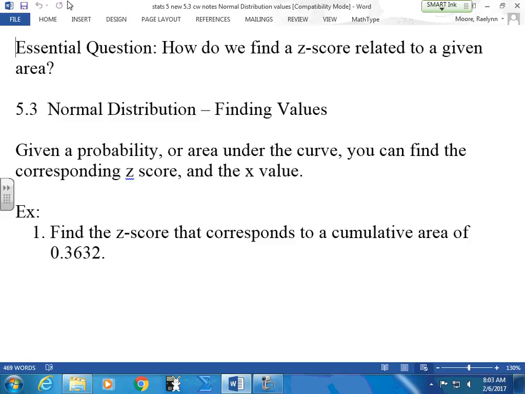So in other words, if you that, don't second guess yourself. Calculate